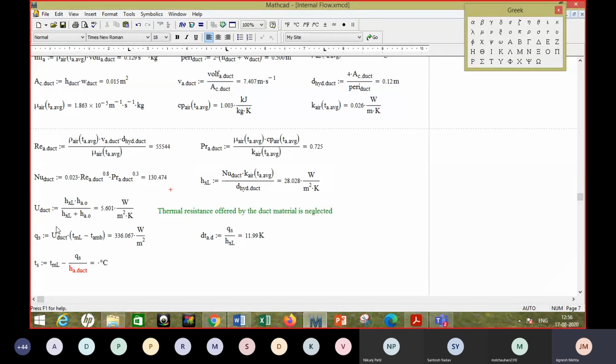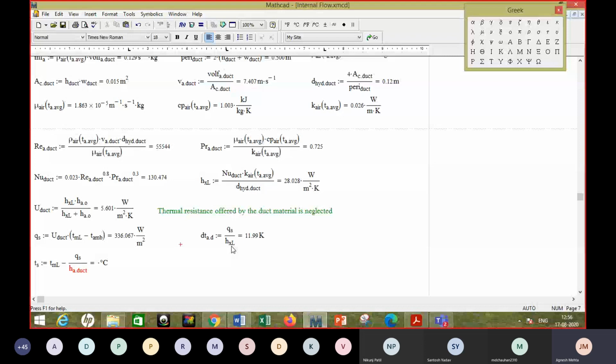Okay, so this is the heat transfer coefficient you get. Now this Q_S is going to remain the same, whether you take the first resistance, or the second resistance, or both of them put together. You can evaluate this Q_S. It is nothing but U into T_ML minus T_MB, the overall heat transfer coefficient and the overall temperature difference. So that comes out to be 336. Now what do you want to get? The surface temperature, but the heat flux is going to remain the same.